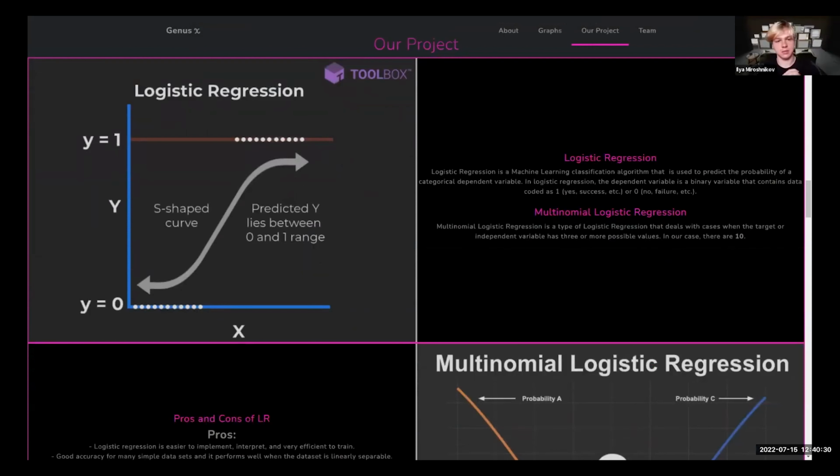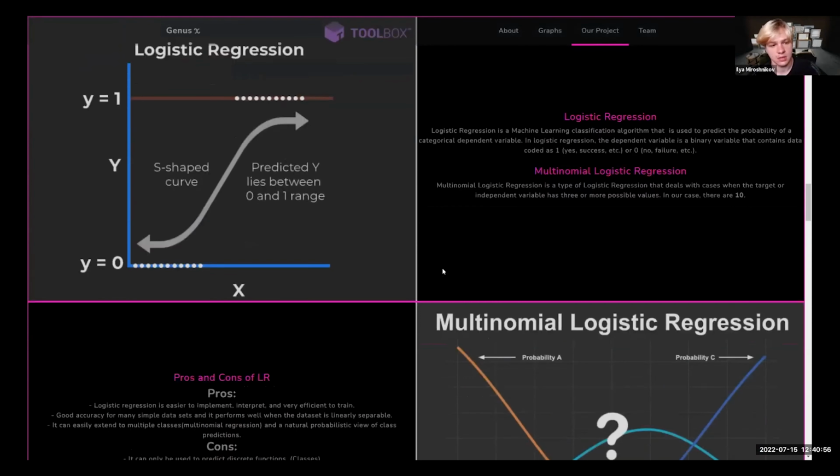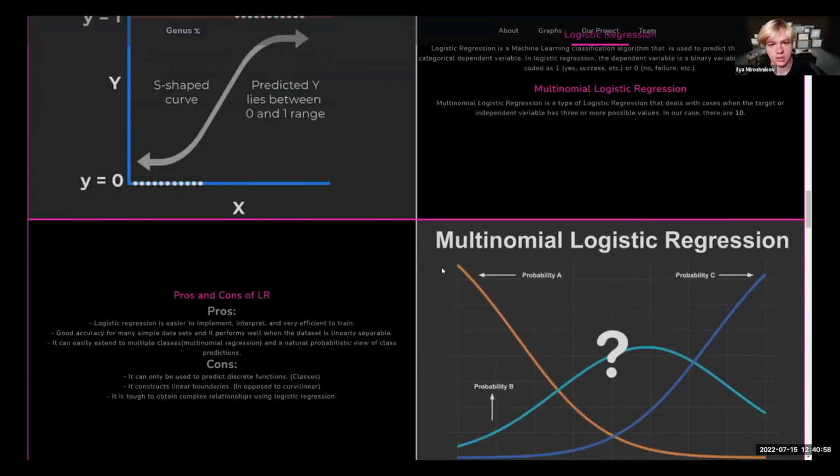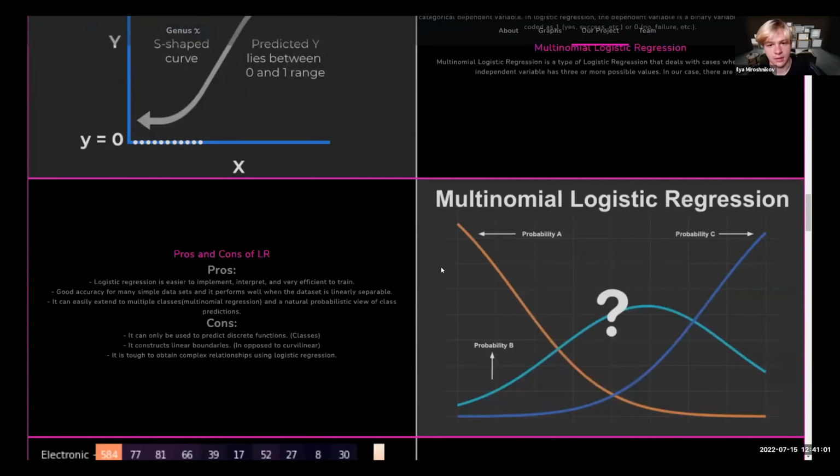Okay, now we'll talk about the models we used. The first one is called logistic regression, which is a classification algorithm that is used to predict the probability of a categorical dependent variable, and it relies on a binary output, which is either 1 or 0 in most cases. But in our case, because we're predicting music genres, we have 10 outputs. So for this scenario, we had to implement multinomial logistic regression, which works with 3 or more outputs,